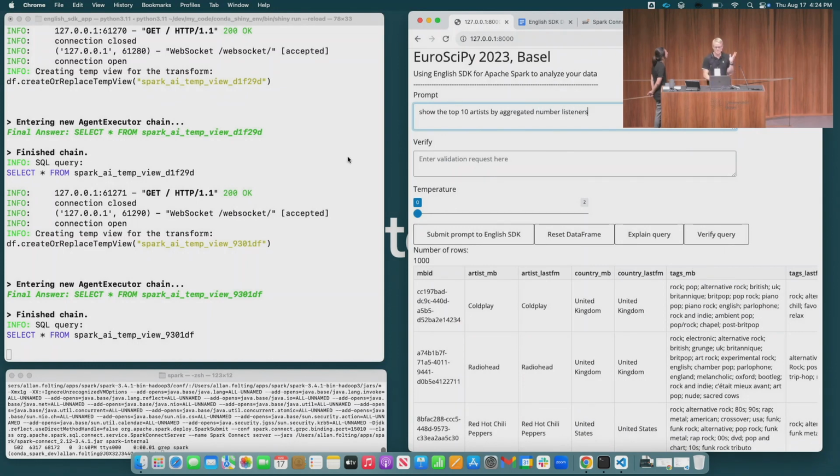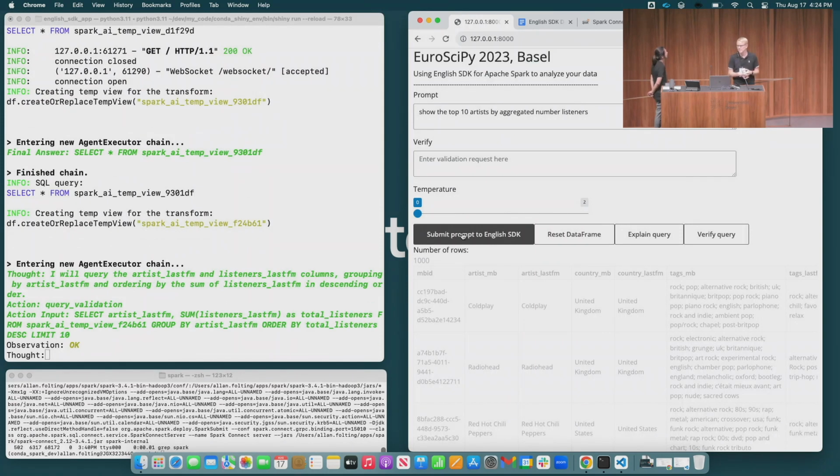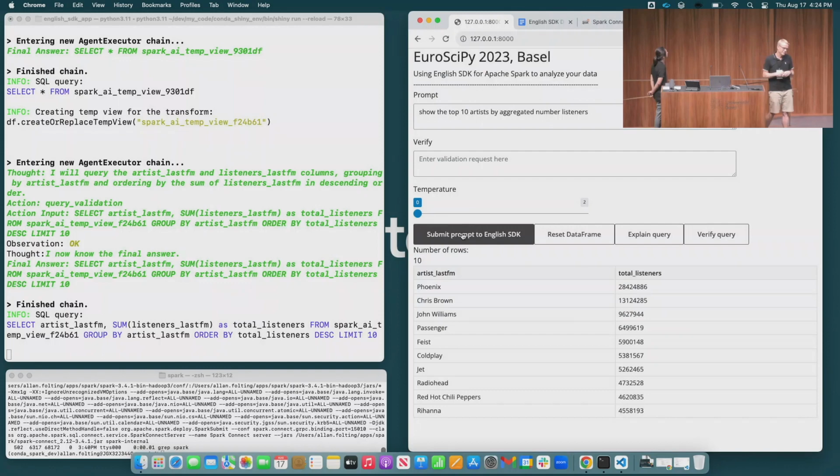And you can type whatever you want, obviously, here, and that'll give you more or less great results, depending on what you're doing. But we're in the process of making this much stronger and better at answering questions. And so, see, it has a thought, it looks at an action. We're using the ReAct framework, if you heard about that in generative AI, which is about reasoning and acting together as opposed to only reason or only act, which has been the traditional methods. And I'm not going to go deep in that because we only have 1 minute left. But anyway, here's an example of the top 10 list of total listeners, and you'll see it did it with a group by and a sum, as you can imagine.